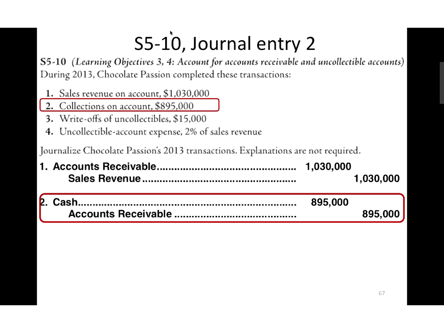Okay, now this next item down is going to be closely tied with what we do on Wednesday. Okay, this next item down, item 3, and I want to call your attention to it because it's different than what you would expect. Write-off of uncollectibles. Now, and this is kind of backwards. We're doing it in backwards order.